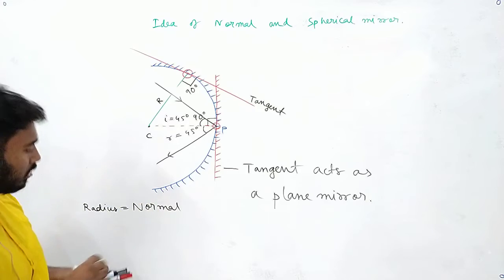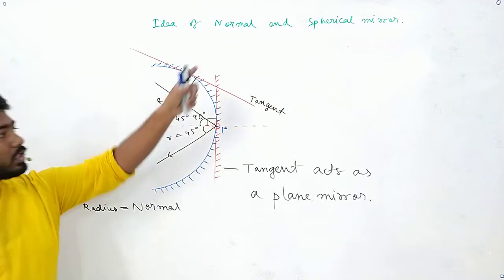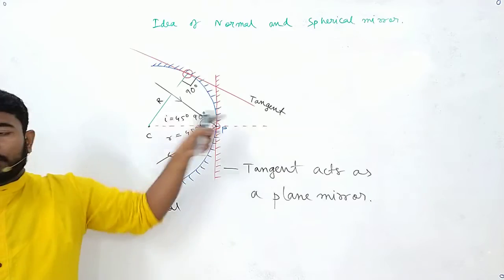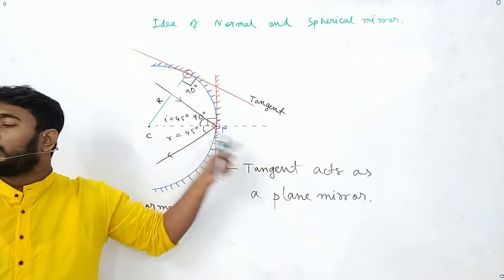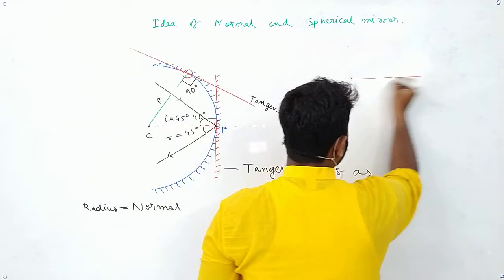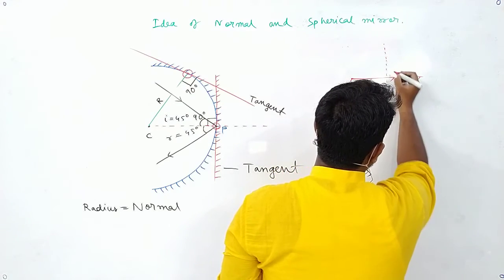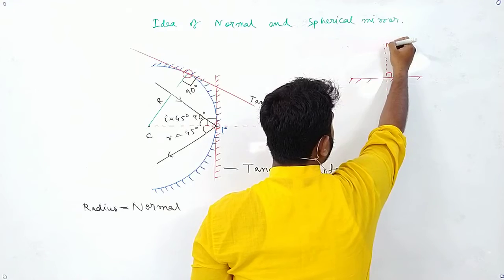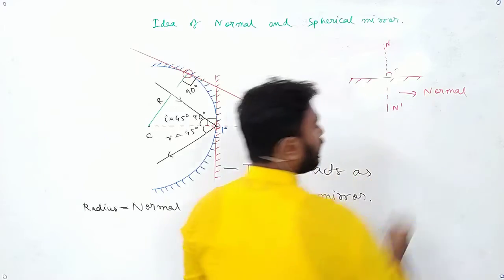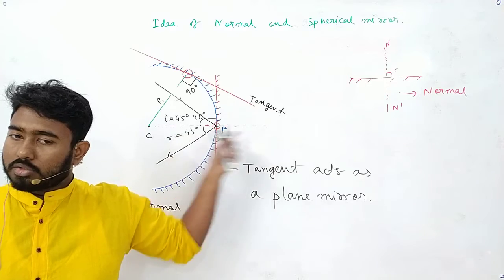Is that clear? Now this dotted red line, can you tell me that dotted red line is at 90 degree to this tangent? And if we draw a plane mirror, for a plane mirror this line will be known as normal. Yes, if you have a plane mirror and if you draw an imaginary line which will be at an angle of 90 degree on the plane mirror, you name it as NN dash. This NN dash will be the normal, right? You got the idea? So what will be this one? This one will be normal. Is that clear? This one will be normal.